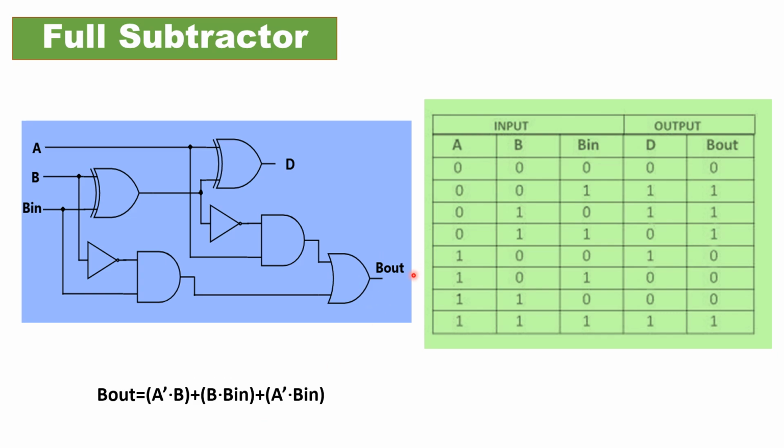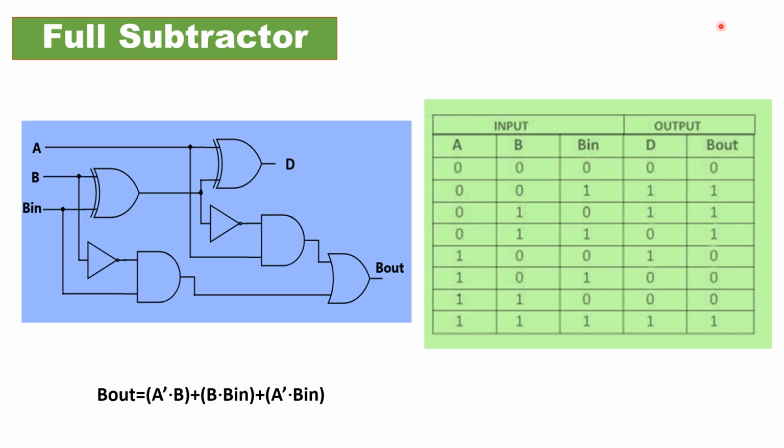Borrow out determines whether the subtraction of A minus B requires a borrow for the next higher bit. For a borrow to occur, several conditions must be met. B is greater than A, or the previous stage recorded a borrow and A is too small to cover it. The expression for borrow out is A' dot B plus B dot Bin plus A' dot